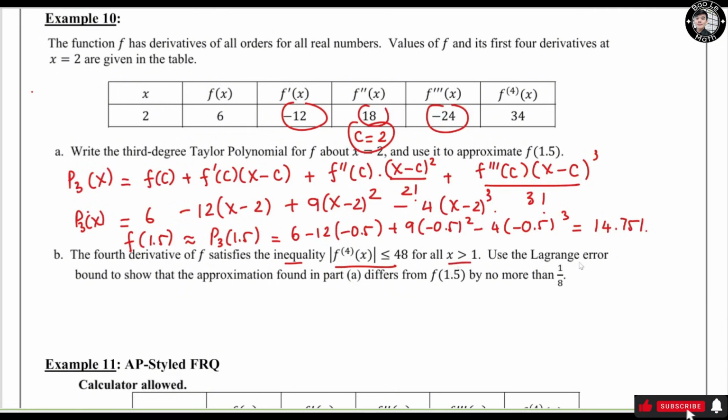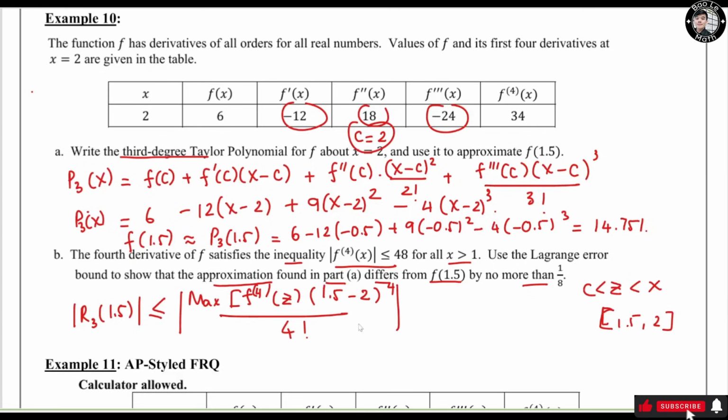Question B. The fourth derivative of f satisfies the inequality for s greater than 1. Use the Lagrange Error Bound to show that the approximation found in part A differs from f of 1.5 by no more than 1/8. Now, in question A, we used the third-degree Taylor polynomial, so the error should be the absolute value of r sub 3 of 1.5, and this guy is less than or equal to